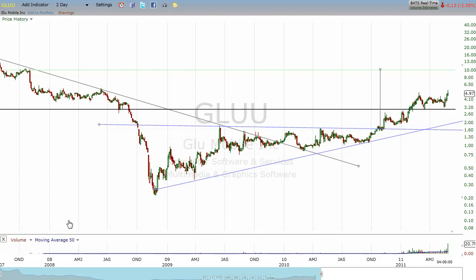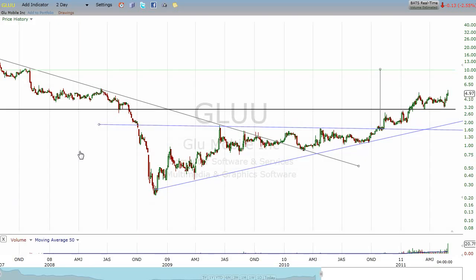However, if you bought Apple at, what is Apple trading at now? Shoot, I haven't looked at it in a while. Hold on. I was going to say 330, but it's 337. If you buy Apple for 337 and it goes up $1, are you thinking about selling? Are you going, man, that's $1 I made on each share of Apple, I better get out of that, that's some pretty good profit? Of course not. You look at that and you go, whatever.